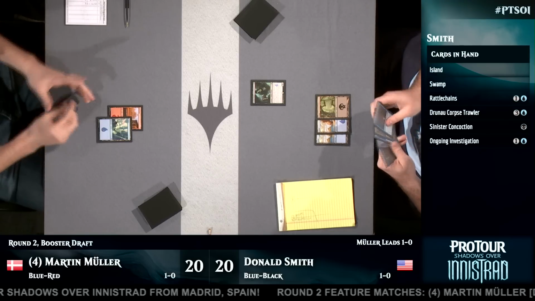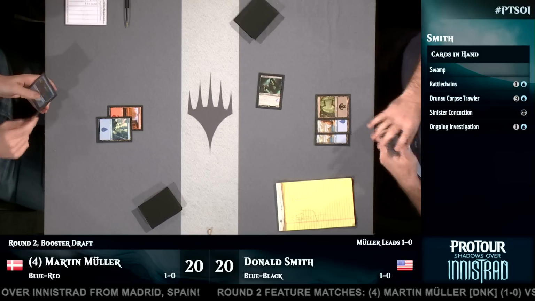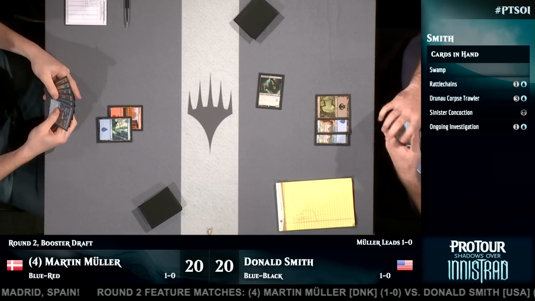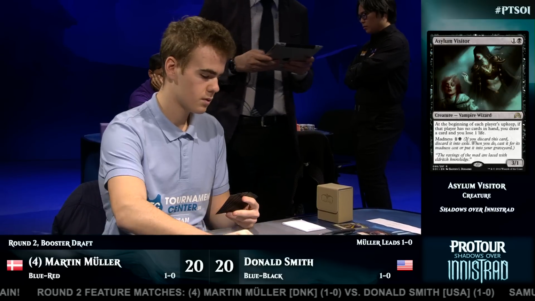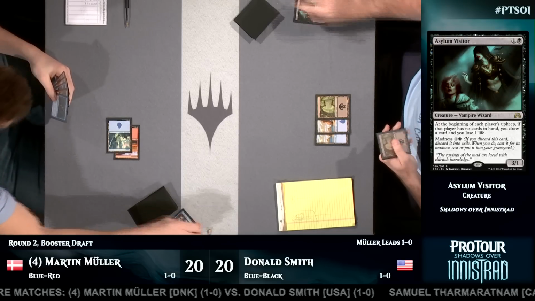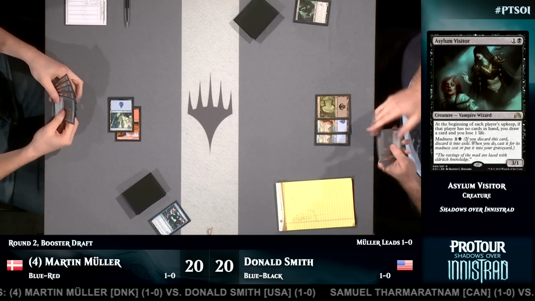Do we know anything about what Valentin drafted yet? No, but we can look it up. We should have the deck list here. Looks like he is red-white. 16 lands, so pretty aggressive. Nahiri. That could be tough. Nahiri, among other hits. Oh, wow. That's insane. So Asylum Visitor there